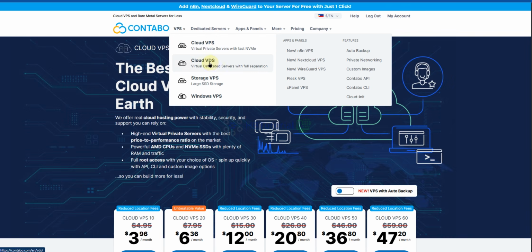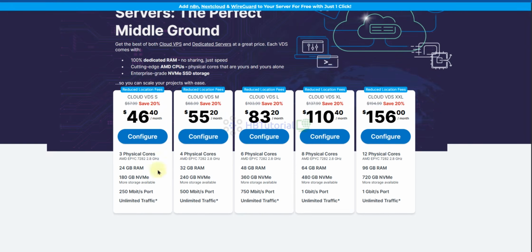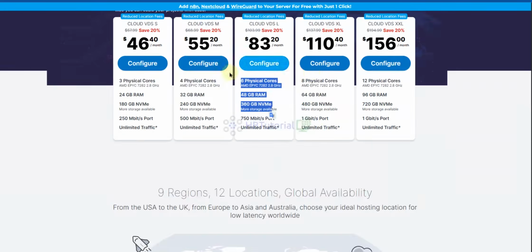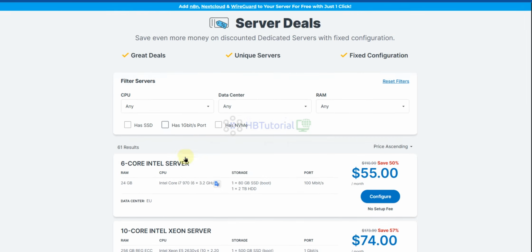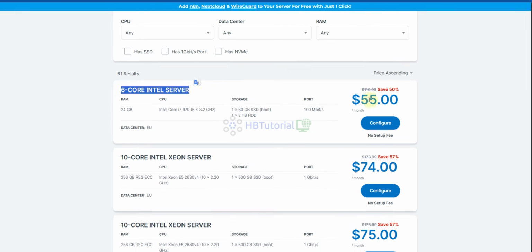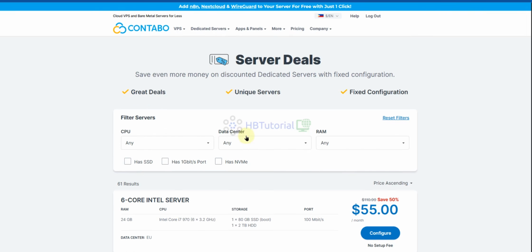Or if you want cloud VDS, virtual dedicated server, it means if they say three physical cores, you have dedicated CPU from the configuration. So before you get this one, you can go to the server deals and get the 6 core Intel server for only $55 or the 10 core Intel Xeon server for only $74.